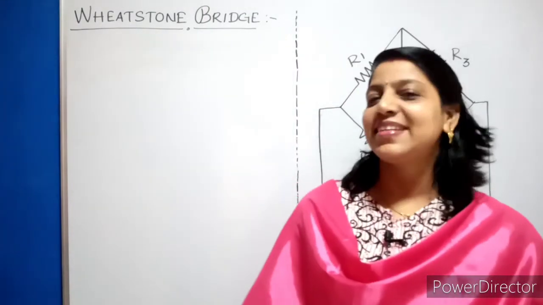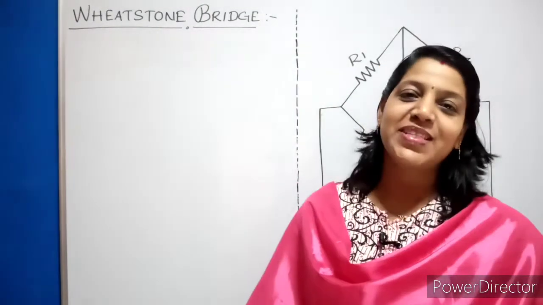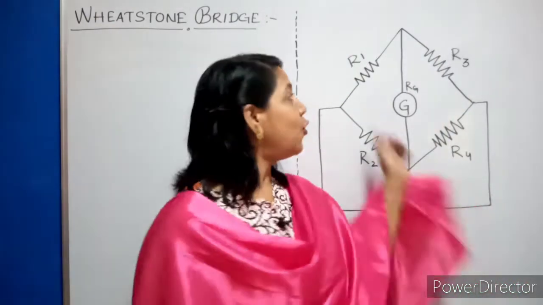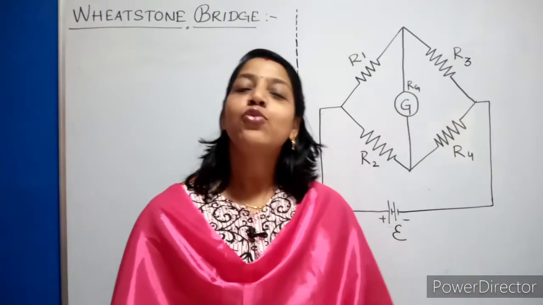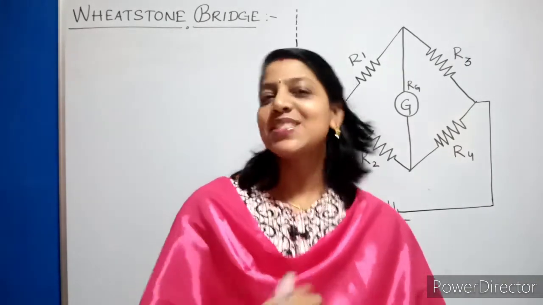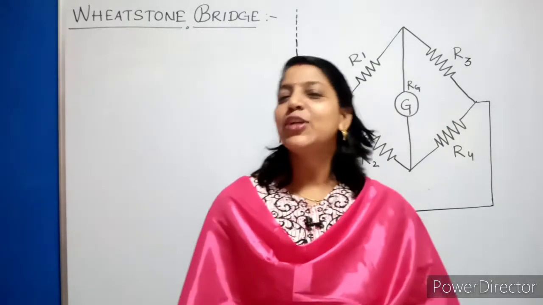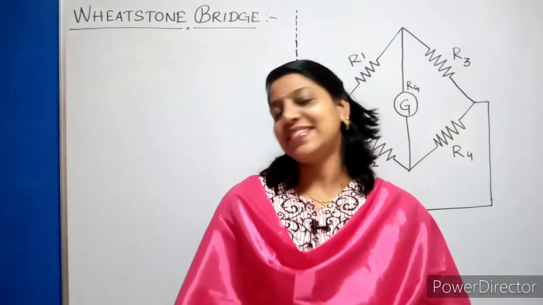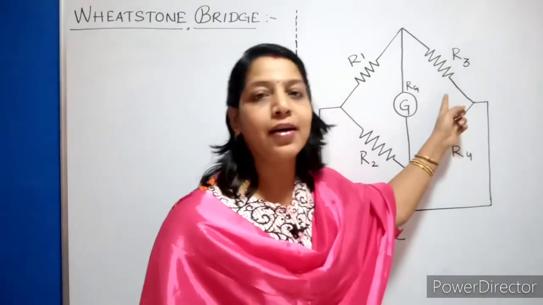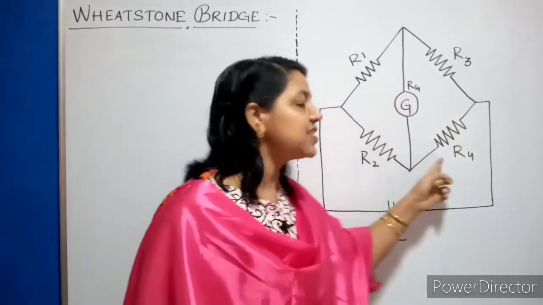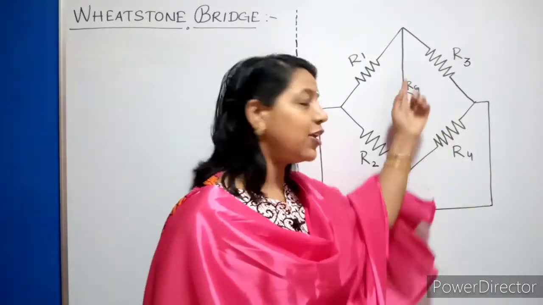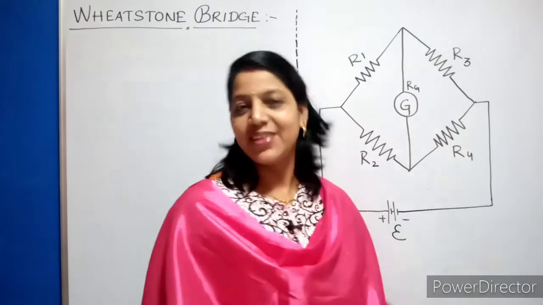The very interesting and beautiful topic called the Wheatstone Bridge. Now what exactly is a Wheatstone Bridge? It consists of 4 resistors connected in the 4 arms of a bridge. Now for what purpose are you using it? The purpose is to find out the unknown resistance. The unknown resistance will usually be connected to the 4th arm and 3 known resistances will be connected to the 3 other arms. And 1 galvanometer will be there in the middle of it.